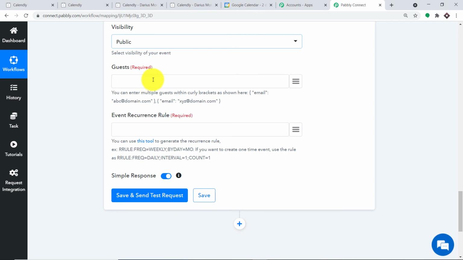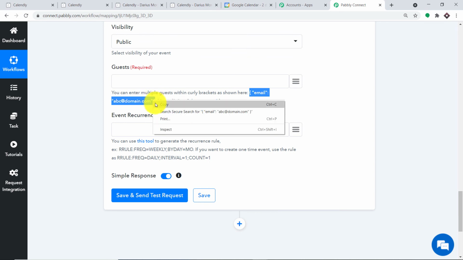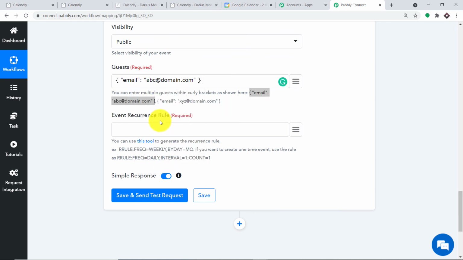Now if I want to tag along some guest, all I'm going to do here is copy this up to here, okay, and paste it here. So basically it will add the email of the person that I will be tagging along. For example, I am going to bring Steve Jobs, so I'm going to bring Steve Jobs 123 @gmail.com. Okay, so this is the person I will be tagging along.